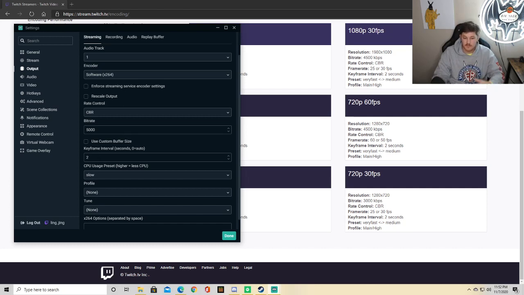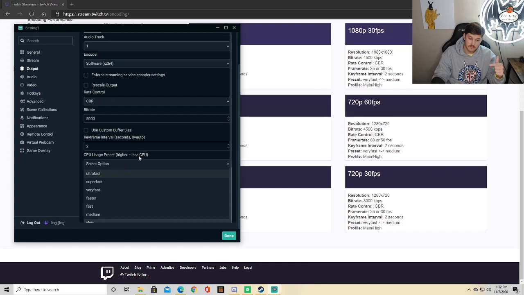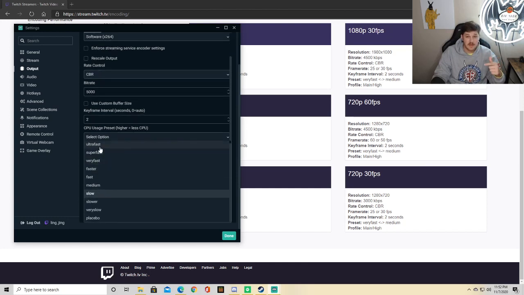Next thing we're going to go through is keyframes. It says right here, 2 seconds. That's it. Just 2 seconds. Easy. Now we're going to go on CPU usage. This is important. This is how much usage your CPU is going through. Ultra fast does not mean it is the best. You're going to want to go lower and lower for the amount of output CPU